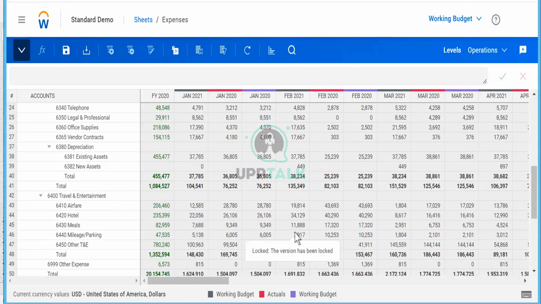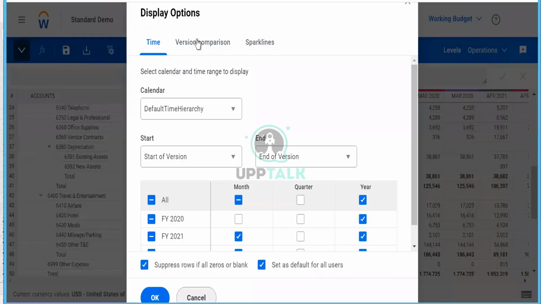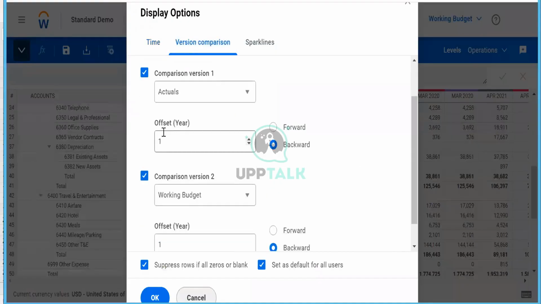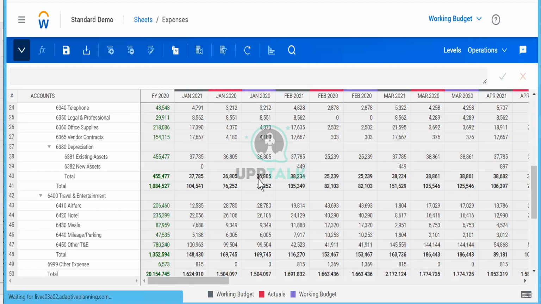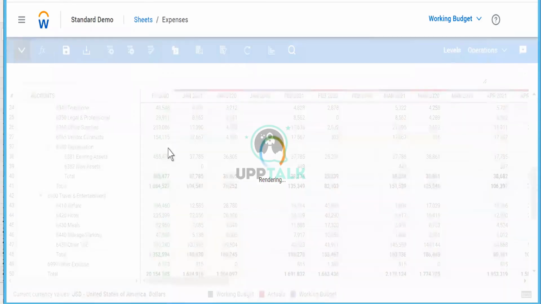If you want to compare actual, budget and your forecast in the same sheet, it gives you that kind of thing. The only thing you need to focus on is how you can control the months by controlling the offset. Basically, by doing one and this, you can control the offset. As of now, it's offset year one. If you do two, it will change. Basically, you need to control it that way. This is the feature that you get in a standard sheet. Now you can see 19, 20, 21.